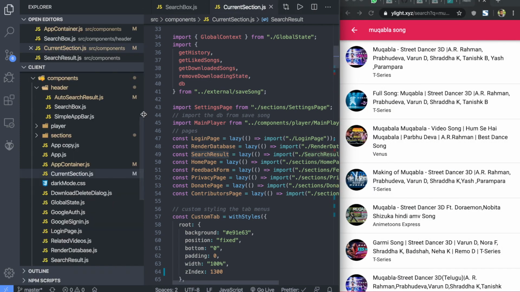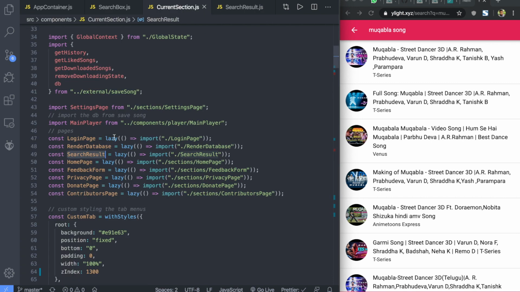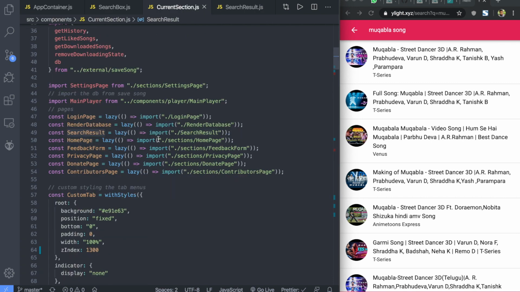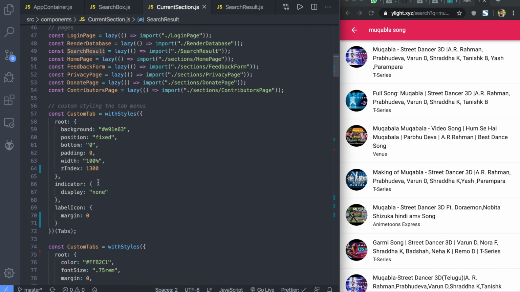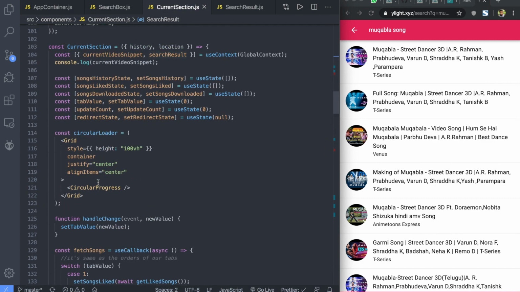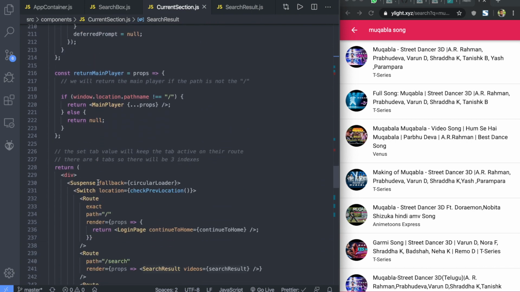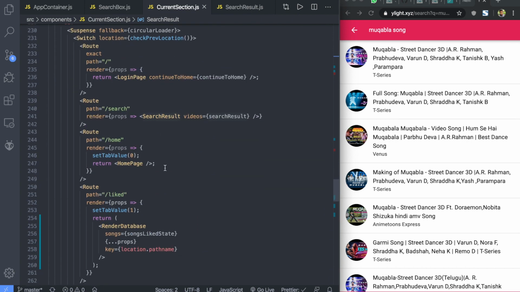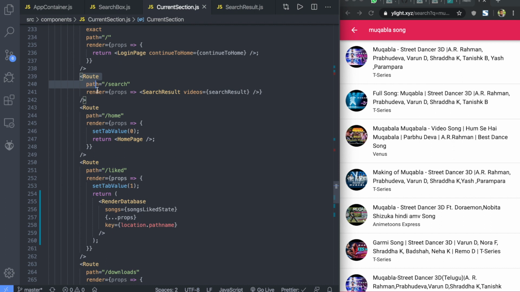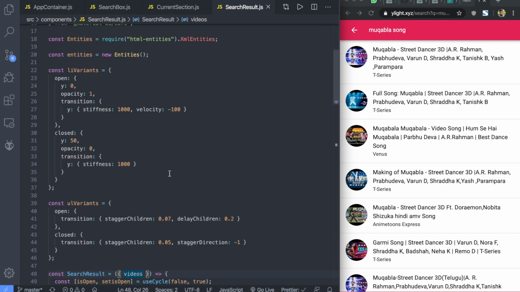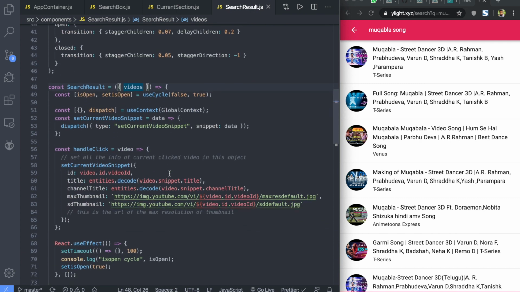So now we can minimize it. Okay, so we are also doing this lazy thing. We will look at it later, and I was just showing you that when we have this search, we just render this search result, and here the video prop is there, and we are passing the search result in this video prop. And after that, what happens is